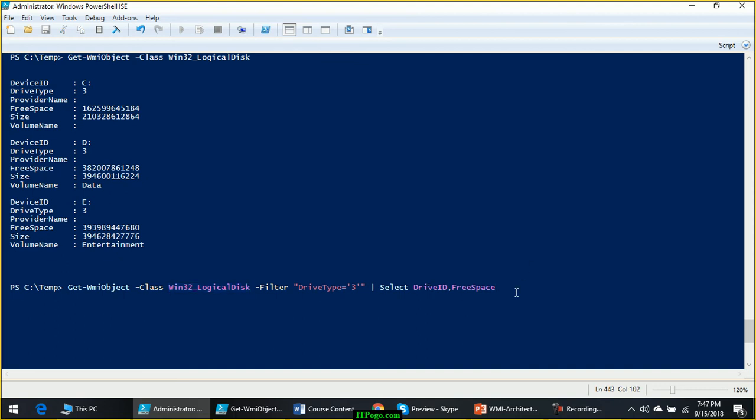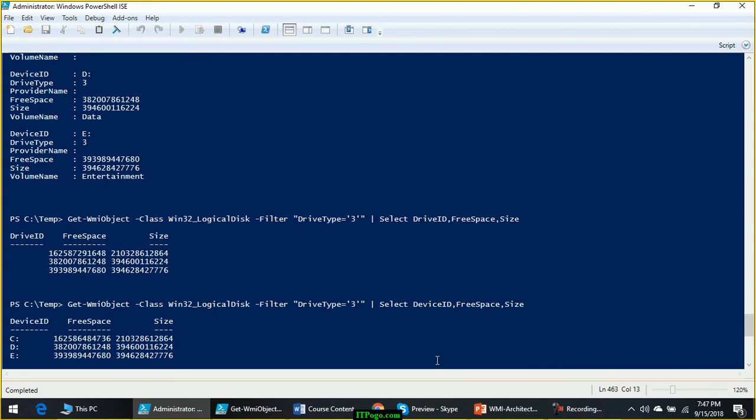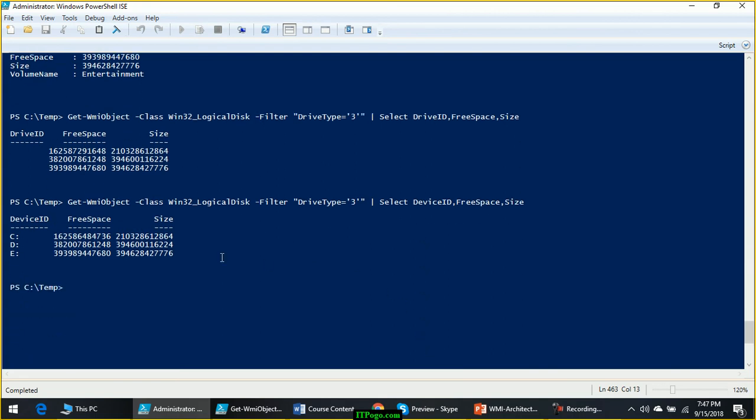Before that, let me show you how to find the free space and size. What is that? Device ID. I have given drive ID. So suppose for a remote computer you want these details.